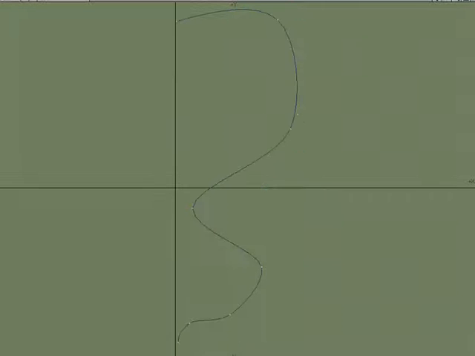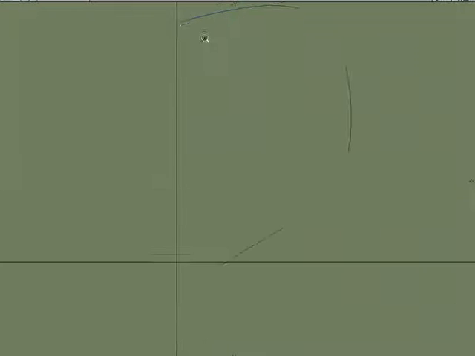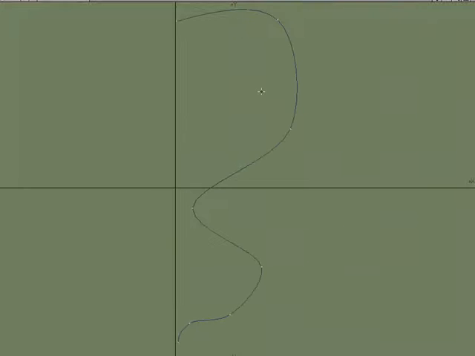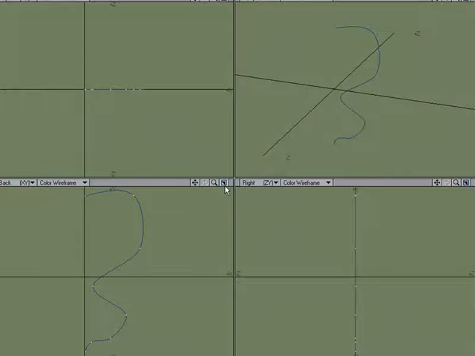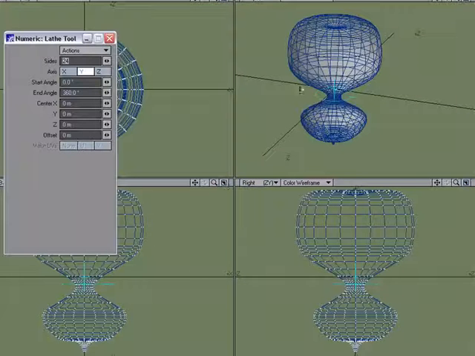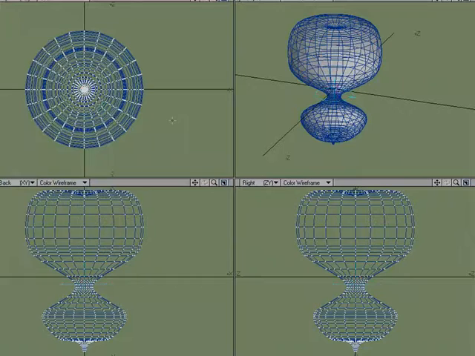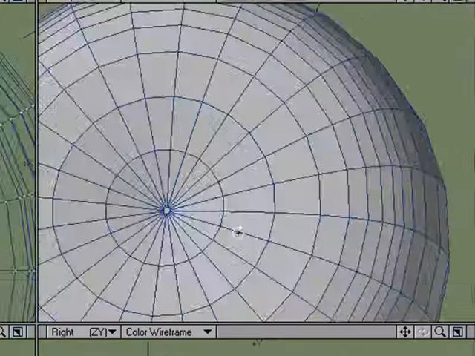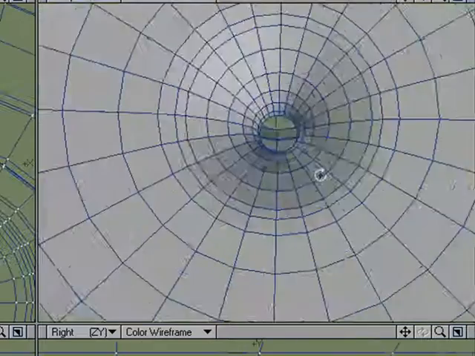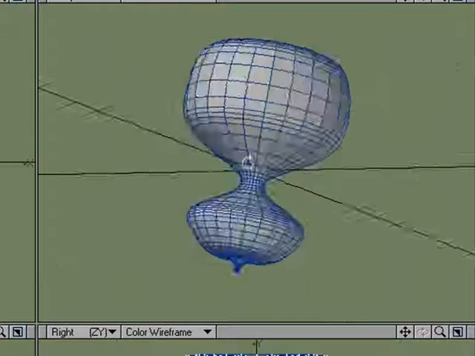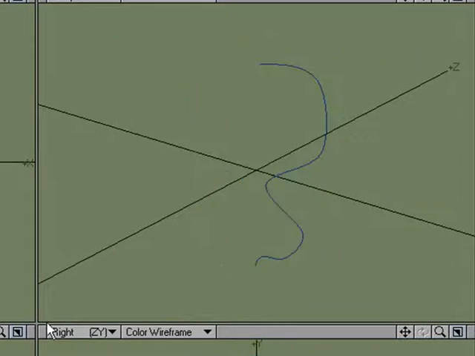Okay. And you'll see that if I zoom in, I don't have the points right on the axis. And if I were to lathe, Shift L in for numeric, and we'll go ahead and commit to that, we'll see that I've got a hole in my lathe. Now, I could have changed the setting on lathe, or what might be faster is